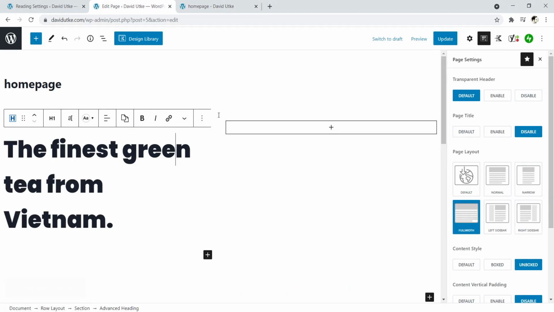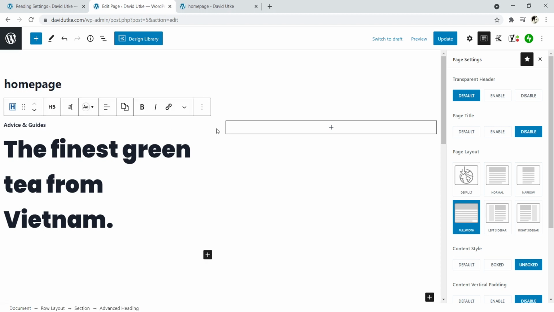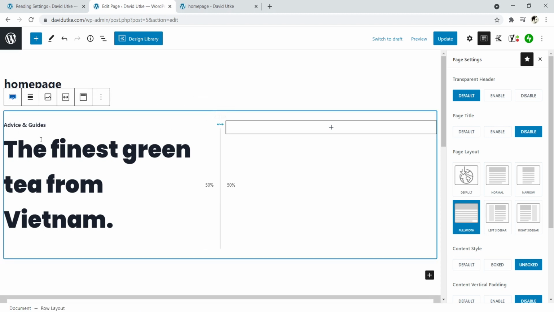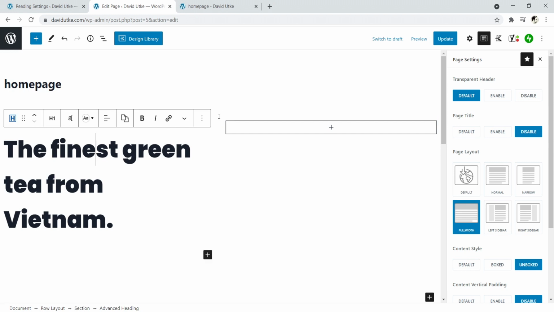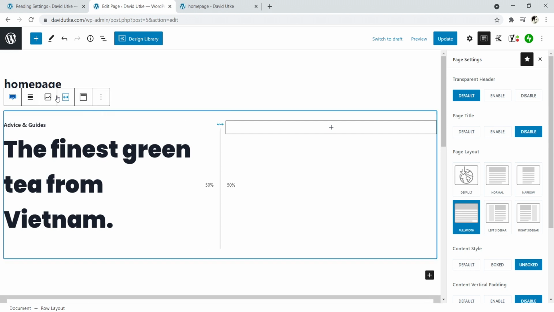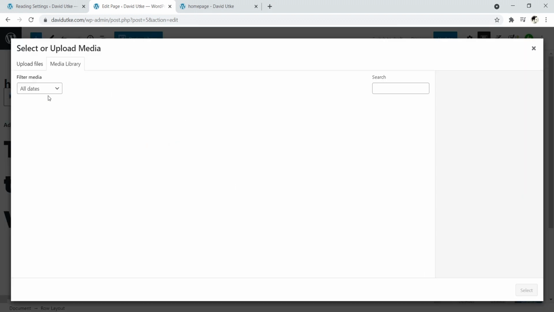All right, so the next thing we want to do is we want to go ahead and add in some type of image behind the text. Okay, so you click up top there, and then you want to find where it says the background image right there. Here you can upload your own image. So what I would recommend doing is doing something like